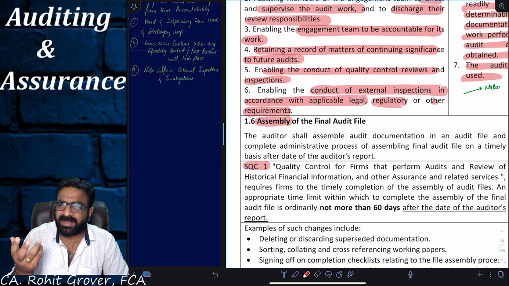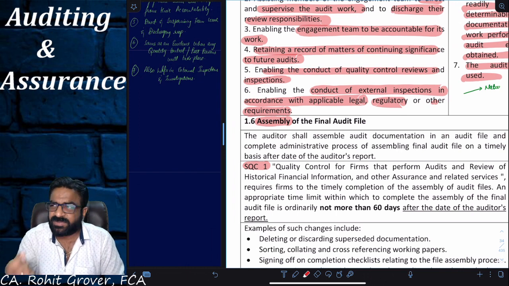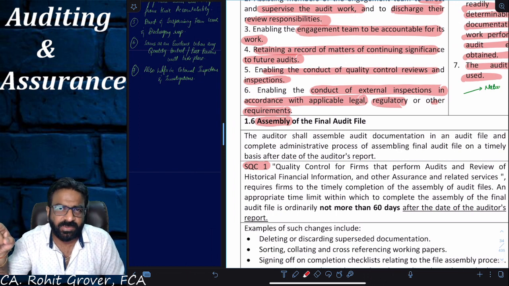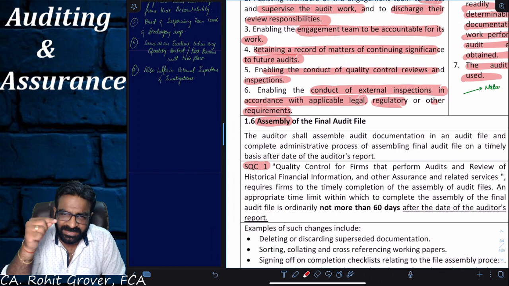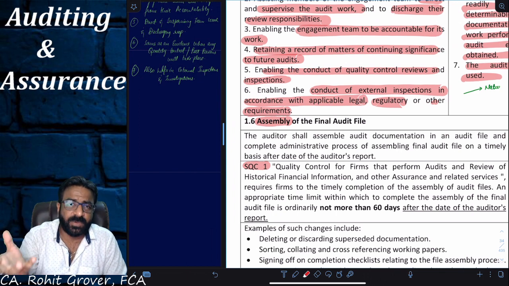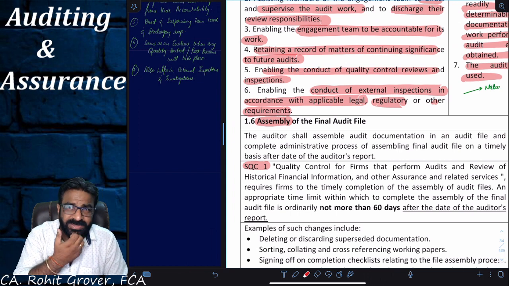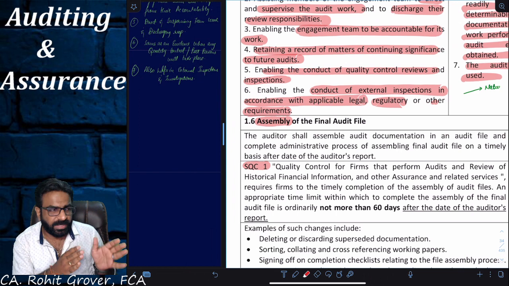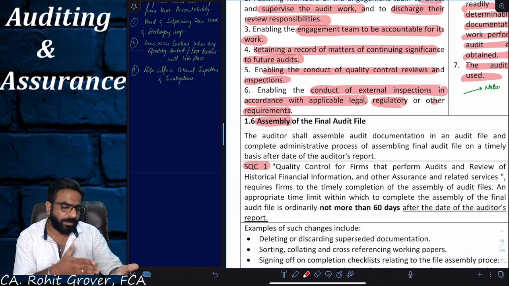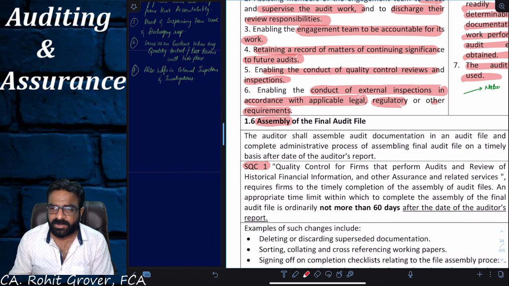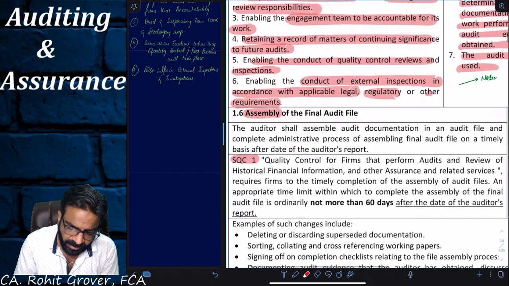Assembling means it's like administrative work. Write the name of your client, write the financial year to which it belongs, print a checklist and paste it on a file. This file includes what and it does not include what. So that will help you in future. When you want to see one particular thing, without opening the file, from the face only you will come to know what this file actually contains. So that will save your time in future. That is the purpose behind telling you this topic, everyone.